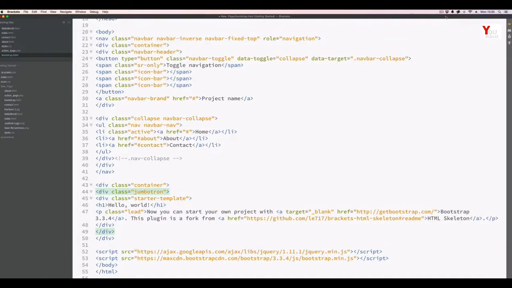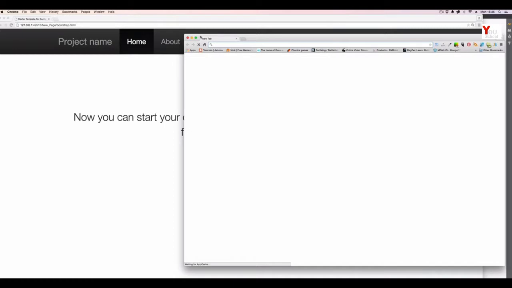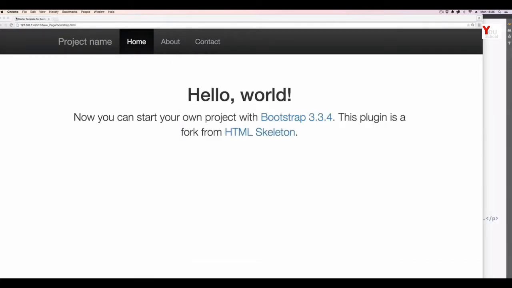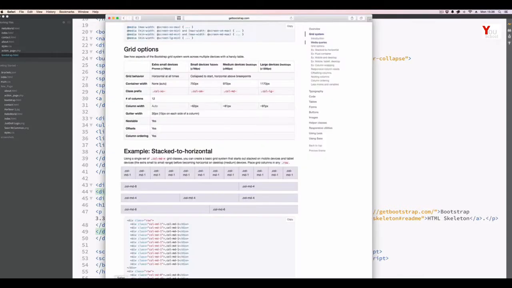Okay, so the way Bootstrap works is it works based on a grid system. You have 12 points or grids across the web page, and as you'll see when we start actually creating content, the particular classes to say how big those are. Now let's just quickly take a look at this page,